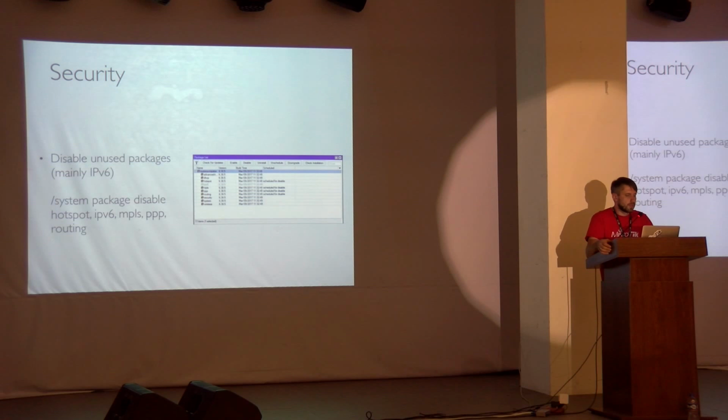You disable wireless package and you free some resources for other applications on your device. If you don't need hotspot, you disable hotspot package. If you don't need DHCP server and DHCP client, you disable DHCP, and in that way you can save some RAM and CPU for your device.